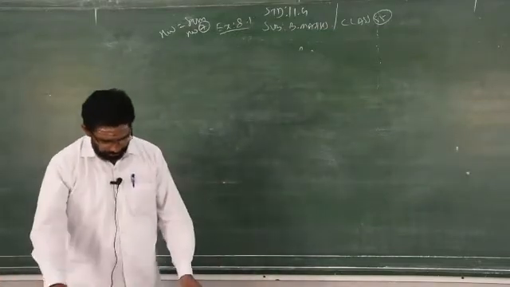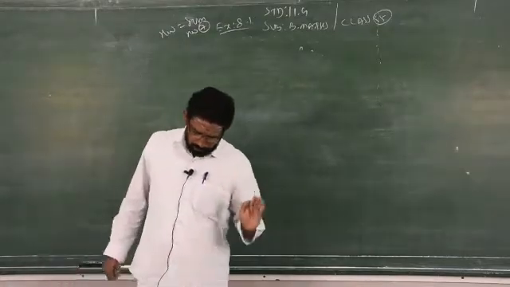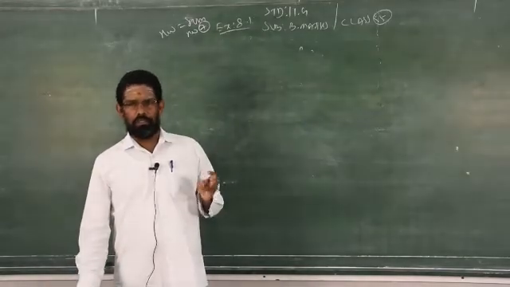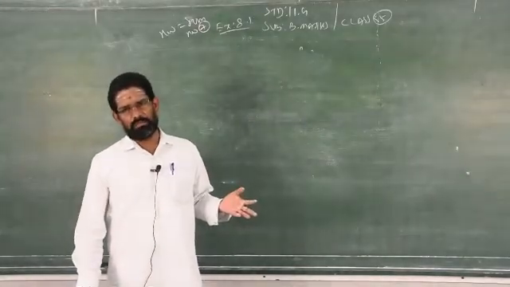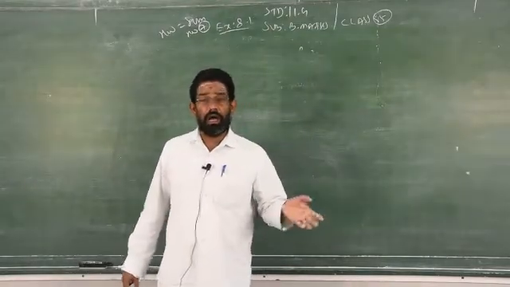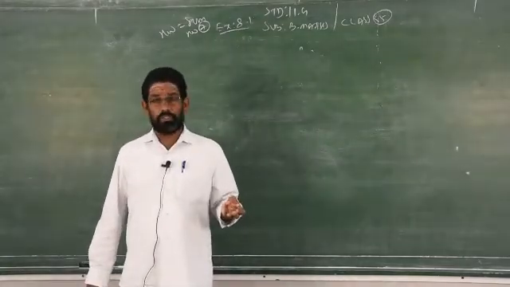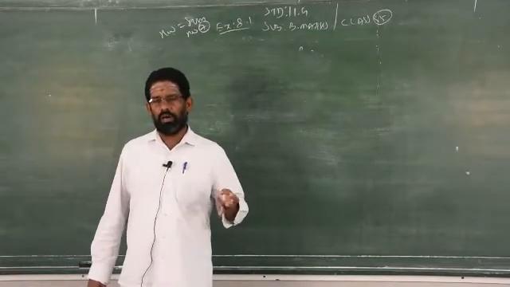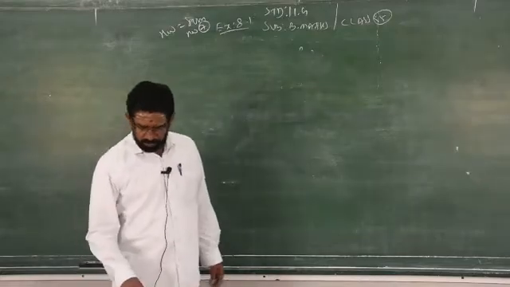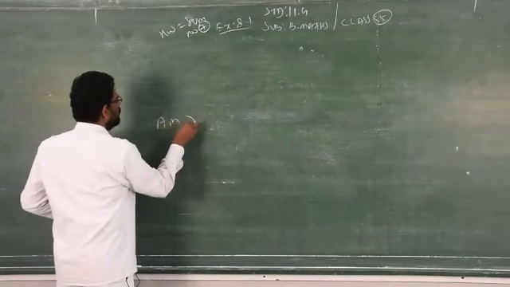Now we will go to sum number 8. The monthly income of 8 families in rupees in a certain locality are given below. Calculate mean, that is normal mean, summation x by n or summation fx by summation f. We have two types of mean for grouped data as well as ungrouped data that you studied earlier in the lower classes. So mean, then GM, geometric mean, then HM, that is harmonic mean. Confirm that the relation among them holds true. Verify the relations among the averages. You have to prove that the averages satisfy the relation.